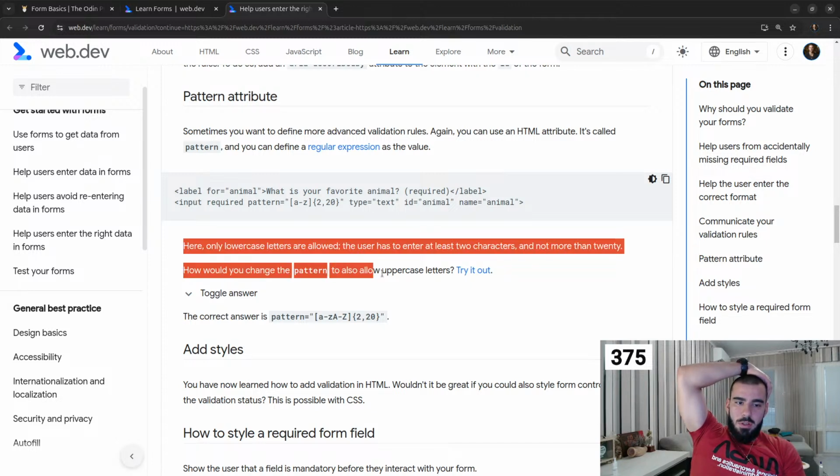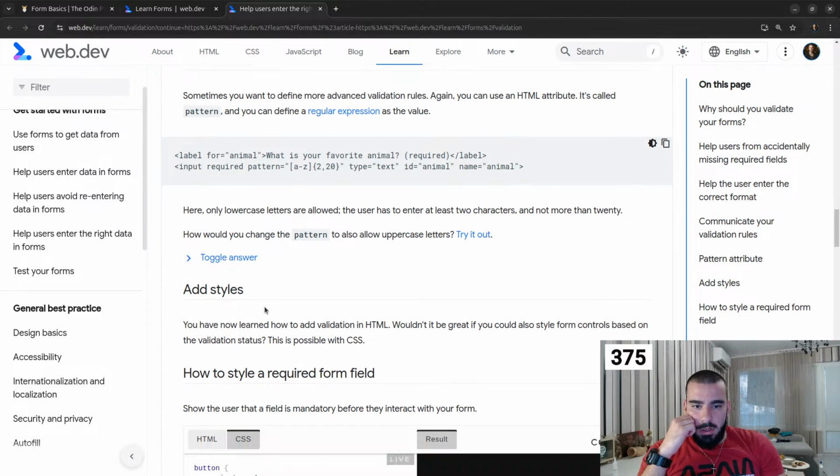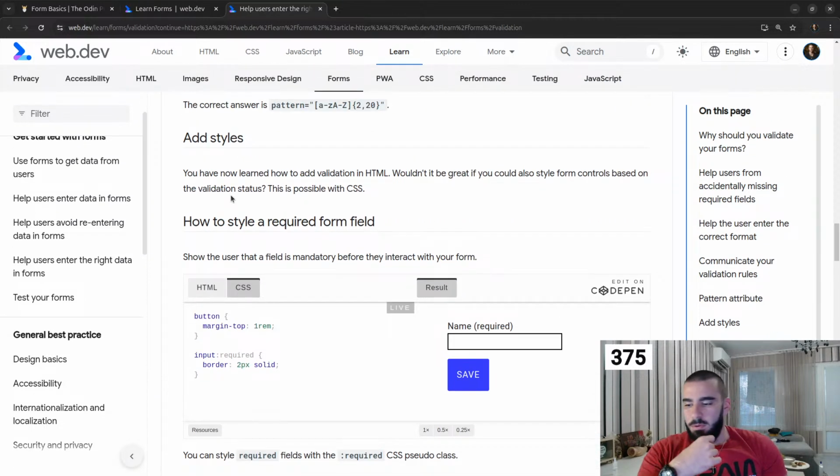How do you change the pattern to also allow uppercase letters? It will be capital A dash capital Z after that. I didn't realize the answer was already here. Alright, so